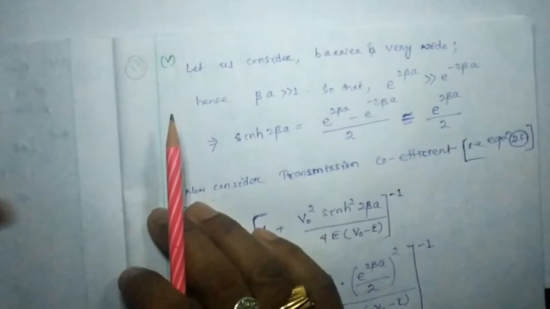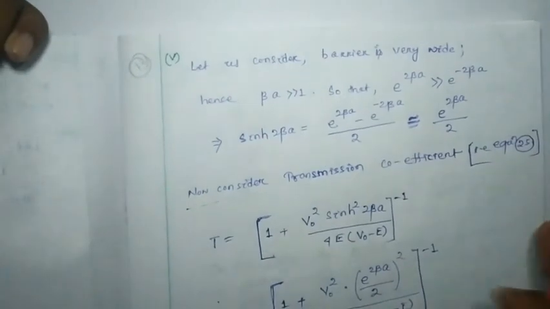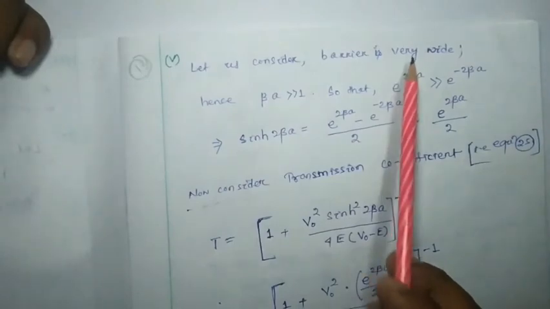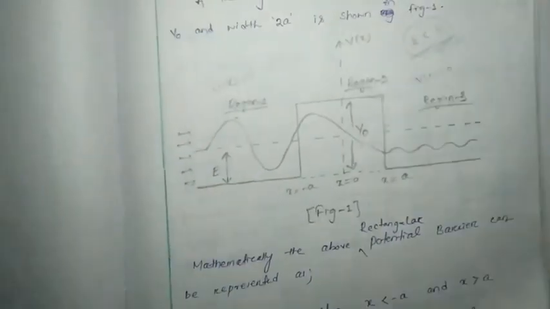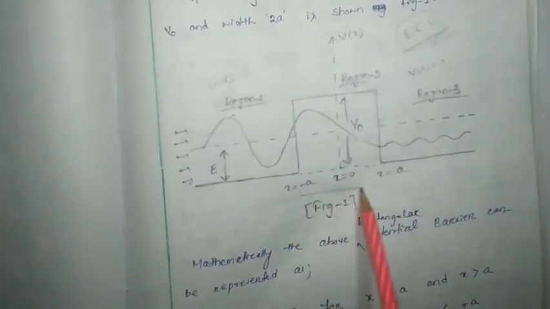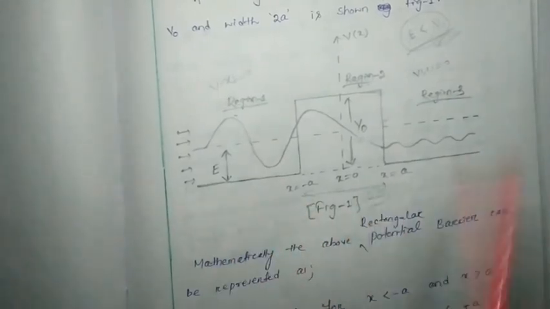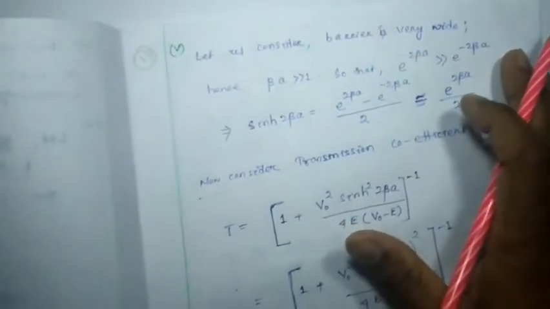Now we are going to consider the last discussion in your conclusion part, that is, let us consider the barrier is very wide. That means here the barrier length is how much? Barrier length we have taken as 2a, right? Here minus a to a, that means this length is 2a. But if we consider the barrier length, or the so-called width, to be very large, then what will be the consequences? That we are going to discuss, and this is the most important. Many questions from this you can find in your exam.